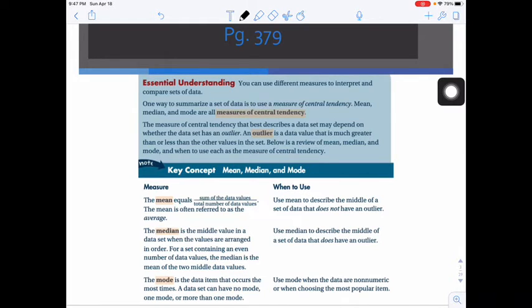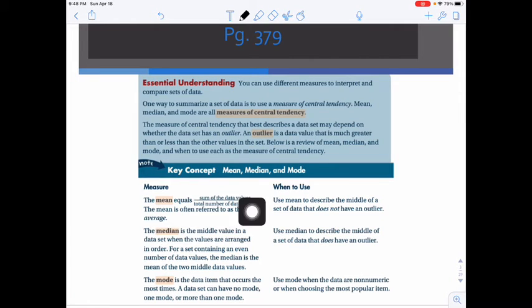One way to summarize a set of data is to use a measure of central tendency. Mean, median, and mode are all measures of central tendency. The measure of central tendency that best describes a data set may depend on whether the data set has an outlier. An outlier is a data value that is much greater than or much less than the other values in the set. Below is a review of mean, median, and mode and when to use each as the measure of